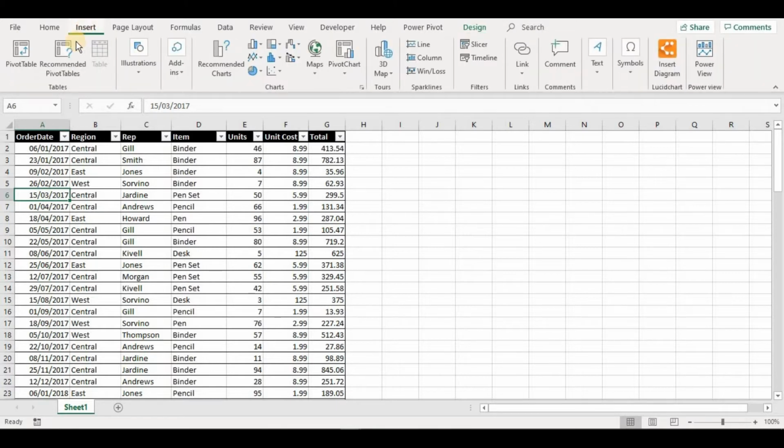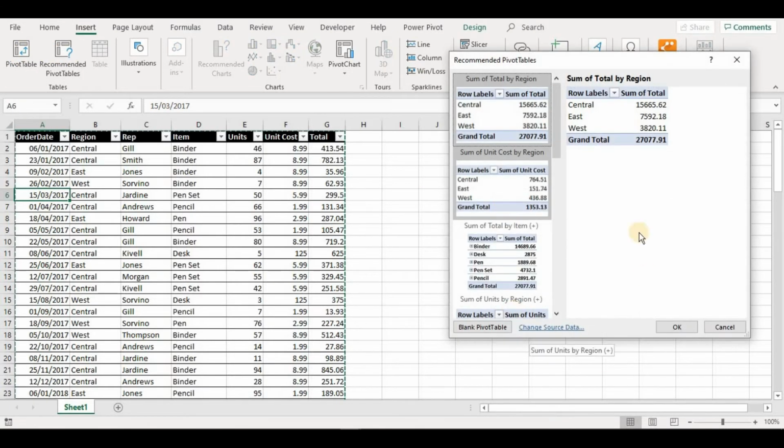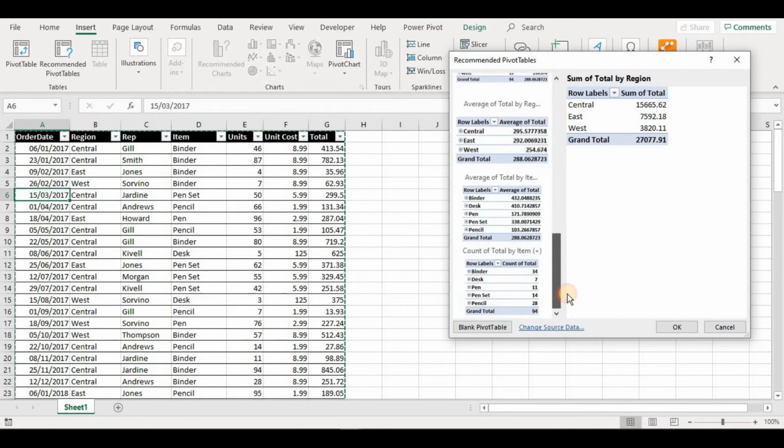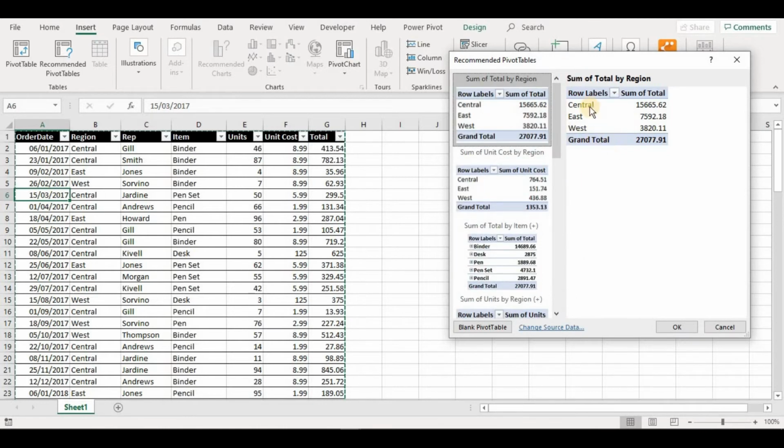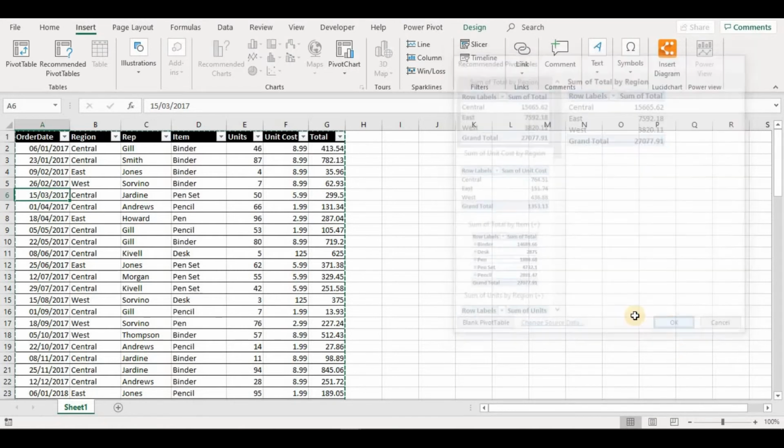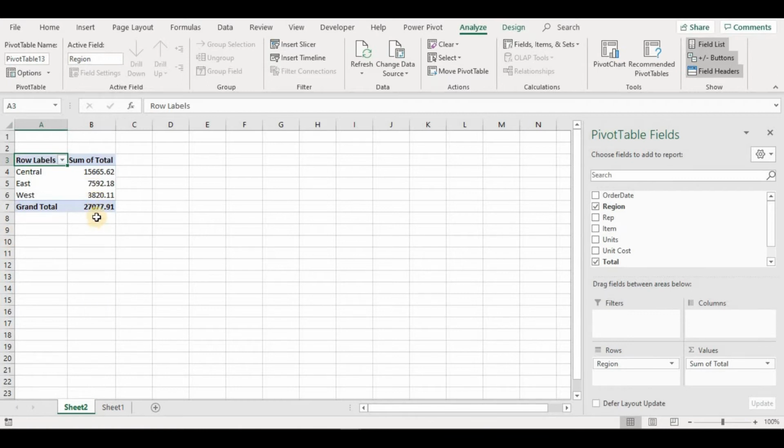Now we can see in this table section, we can summarize with pivot tables, and also we can select pivot tables from insert, and there are two kinds of pivot tables. One is pivot tables and the other is recommended pivot tables. When we click the recommended pivot table, it will summarize the data for us in different formats, and here we can see one of the formats is giving the sum of total by region. I will select this and say OK. Automatically we can see the pivot table has summarized the data for us, and it has pulled the pivot table fields automatically: the rows, region. This total it automatically keeps in values.